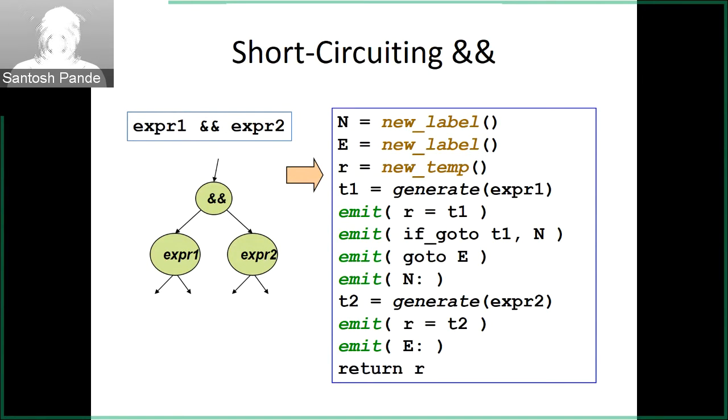The net result of something ANDed with a true result is the expression itself, as per the logic's rules. And that's why we have T2 here, and that will be the eventual evaluation of expression 1 and then T2 and then expression 2. And that's the one which will be passed further along. So you can see here that the